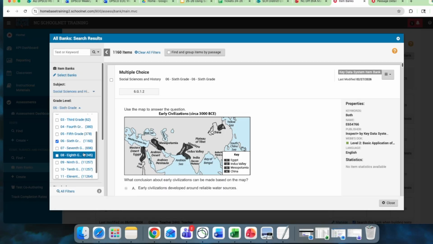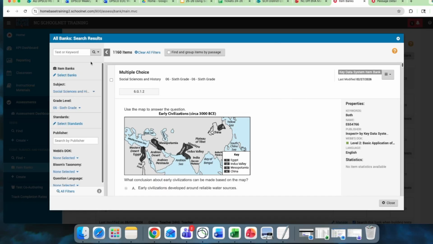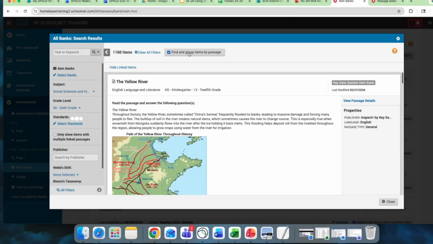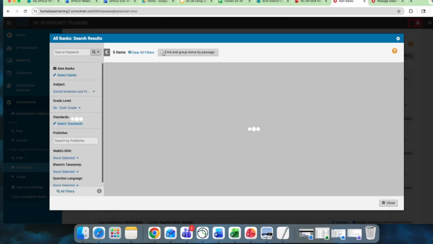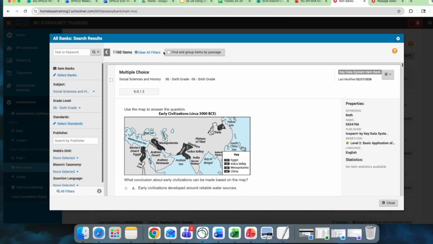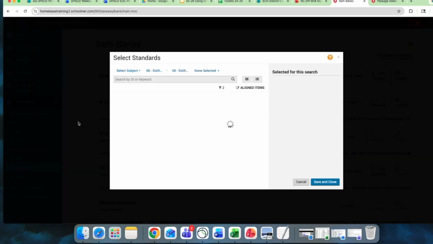We do get items from all sources, like quarterly for KDS and twice a year for DPI, but just letting you know that those are still trickling in here. So with the social studies, all the filters are still available. We don't really have too many passages for social studies. So you could still use the find and group items by passage, but it would remove a lot of items from your search. The other thing with the standards,